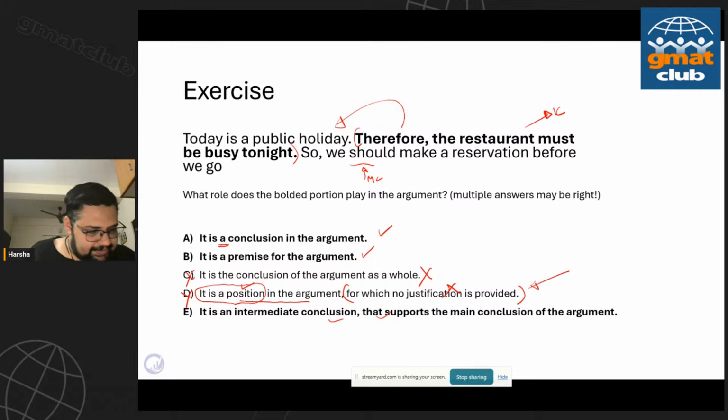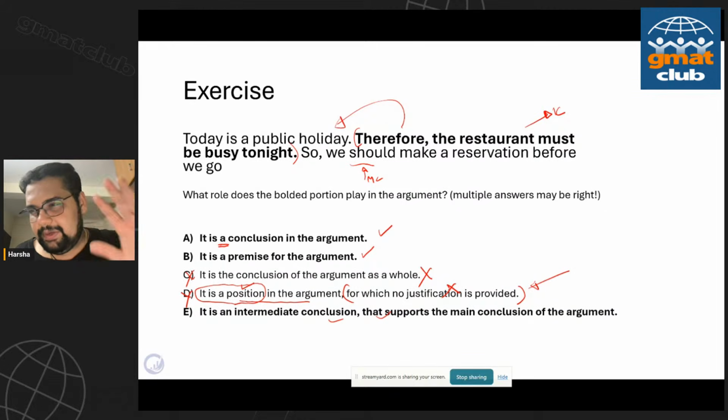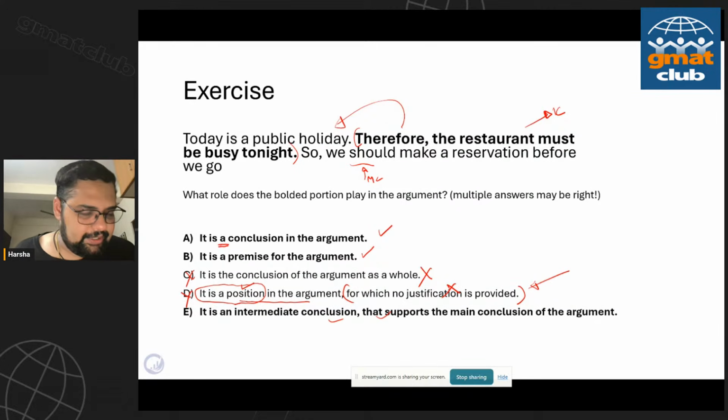Let me just look at the questions then. Position can be a premise. I think we discussed that. Can premise and evidence be used equally in every scenario, and can there be any difference? They're pretty much interchangeable. That's a great question.